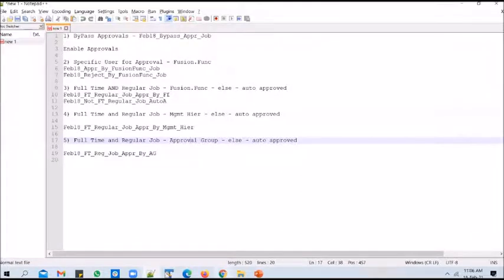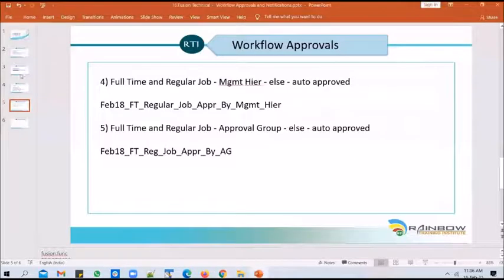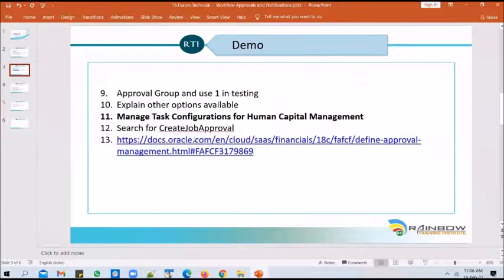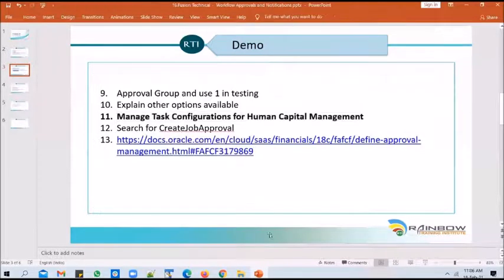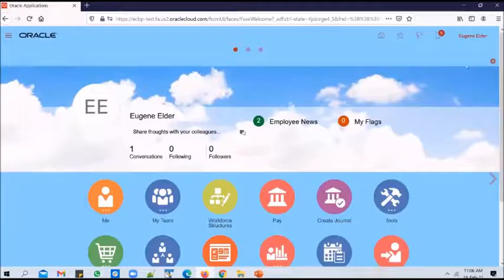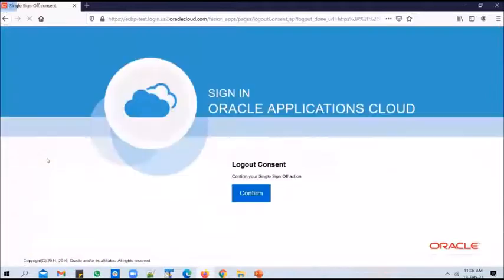Before we use the approval group option here, we need to create the approval group in the first place. To create an approval group, you need to go to a specific task called Manage Task Configurations for HCM. I'm signed in as Fusion.tech user.